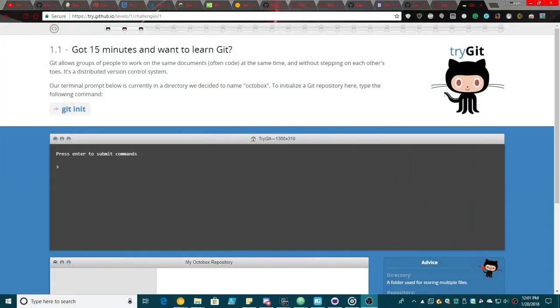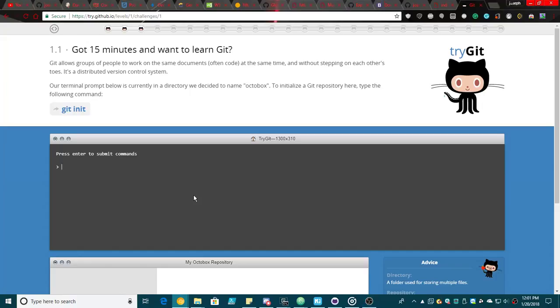Today we will be doing try.github.io, or Try Git by GitHub. Let's get started. So now I'm going to change the scene to Agario, which is what shows the screen over here. Okay, so to get started, first you want to do it has a nice terminal box